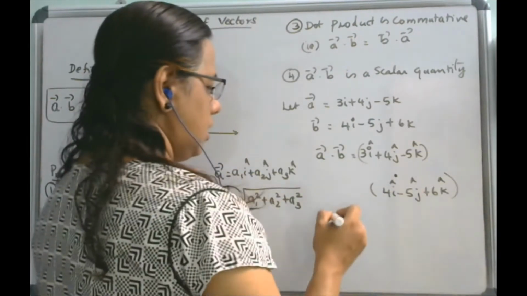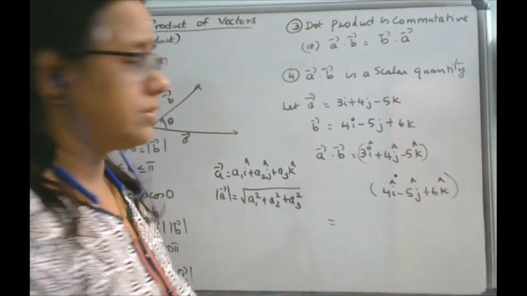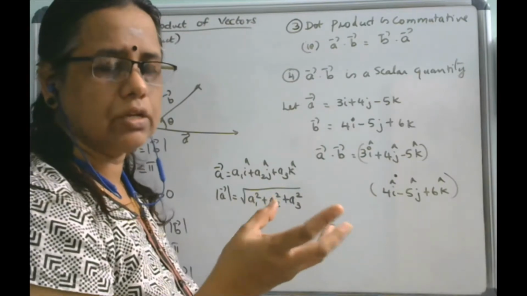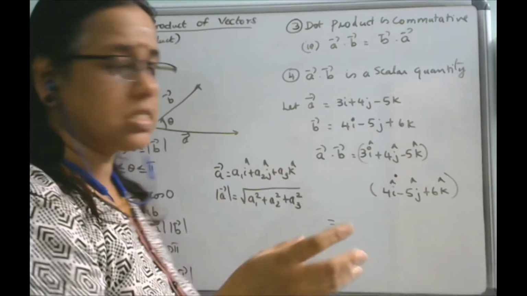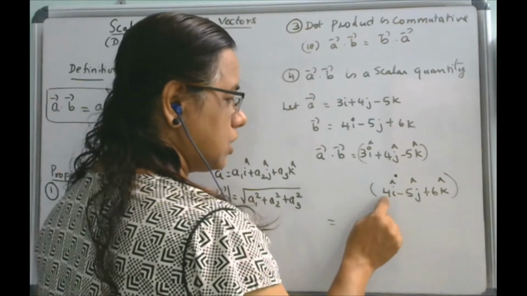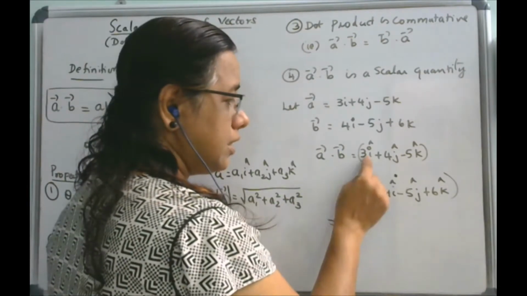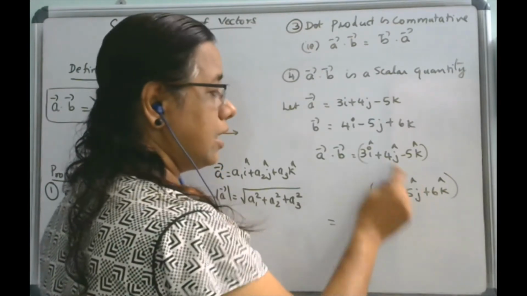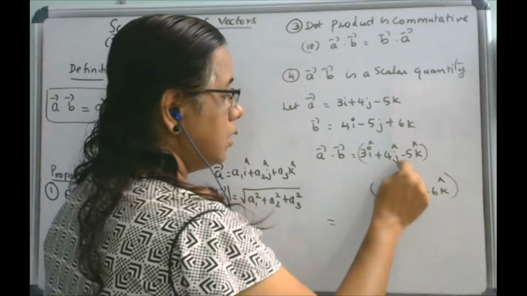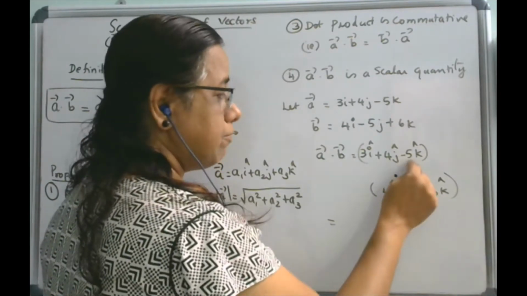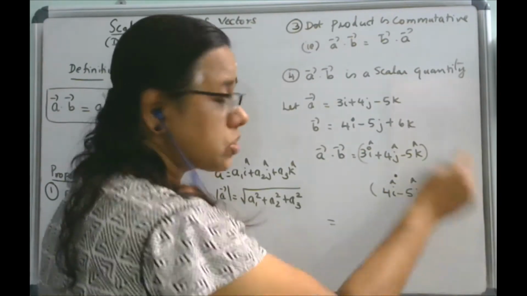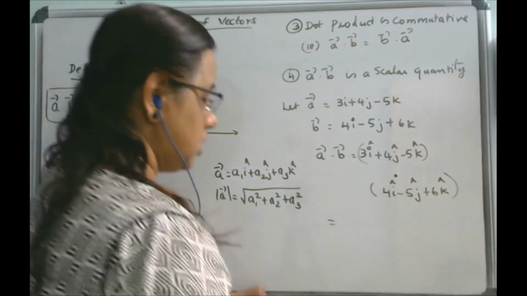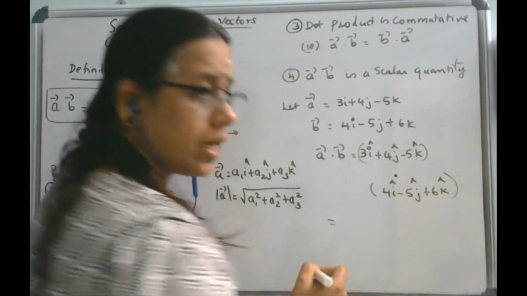Now, how will we write the dot product of this? Actually the usual method is as though we do the simplification, the factorization. When you are given some factors, how will you do that? Like 3i dot 4i, then 3i dot minus 5j, 3i dot 6k, like that. Then 4j dot 4i, then 4j dot minus 5j, minus 5k dot minus 5j, and so on. Like that is how we do the calculation. For doing this calculation, we make use of an important property regarding this dot product.